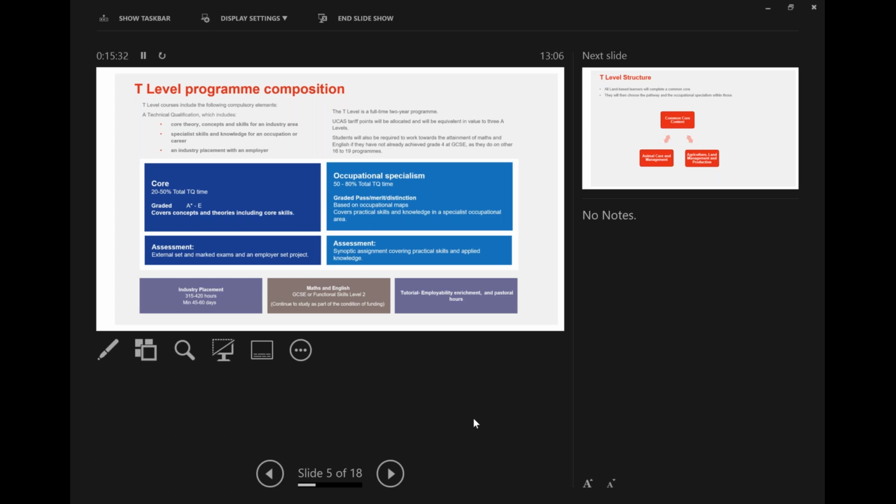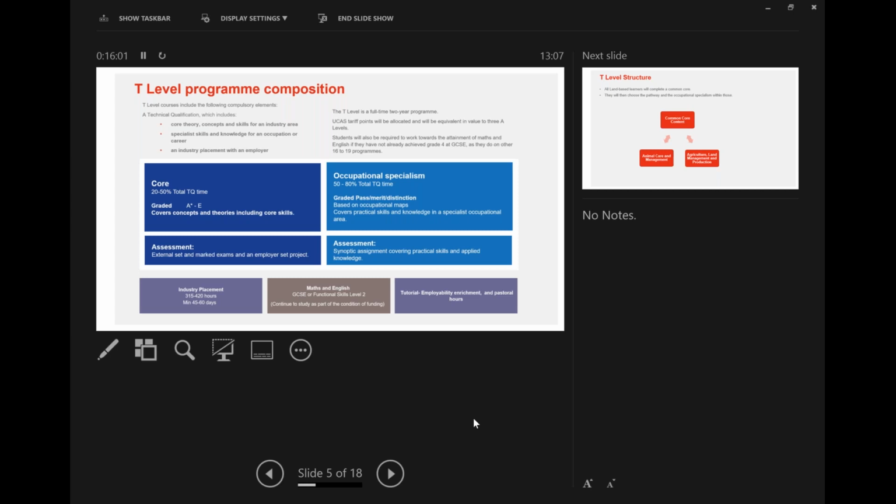And that is assessed in a very similar way to the synoptic assessment in our current technicals by a synoptic assignment which covers both practical and applied knowledge skills. So there will be practical elements and written elements in the synoptic assignment, and that will be externally set, internally marked, and externally moderated.